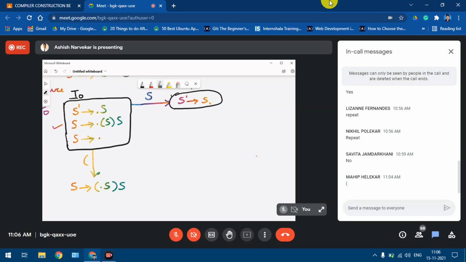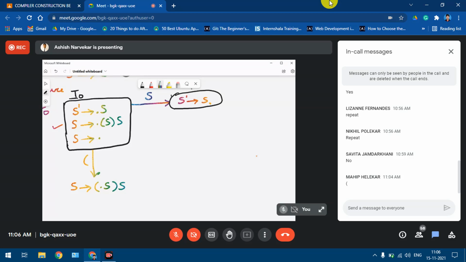After that, we took the first production in this set of items, that is I0, and the transition input is capital S. So if there is a capital S in any of the items over here, we roll over the dot to the right hand side. But since there is only one item with capital S having a dot on the left hand side, we just considered that item and wrote S dash gives S dot. We shifted the dot to the right hand side. Then we considered the next item and have to proceed further.